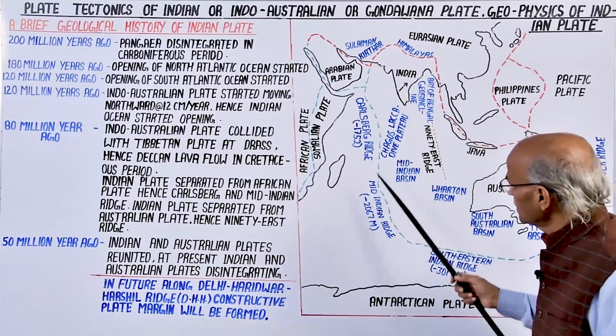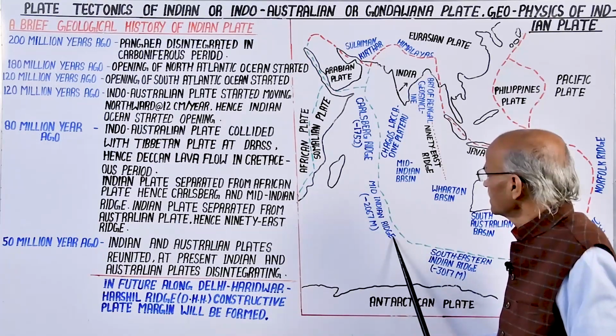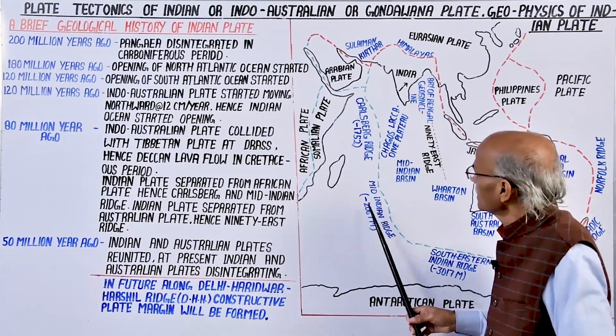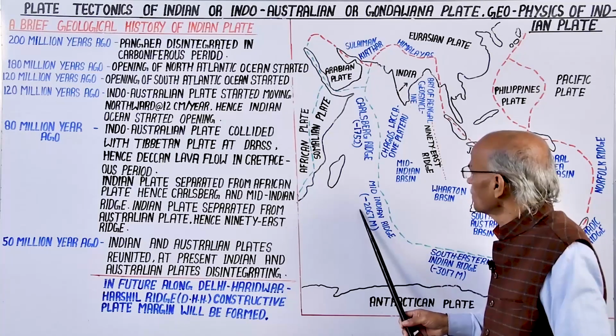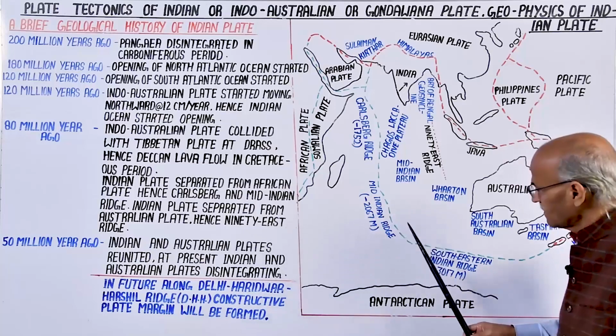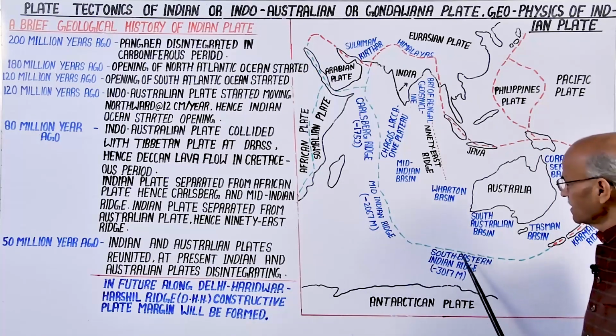Here in the south, its extension is termed the Mid-Indian Ridge. This is also a submarine volcanic ridge, the depth of which is 2067 meters below the sea level. Its further southeastward extension is called